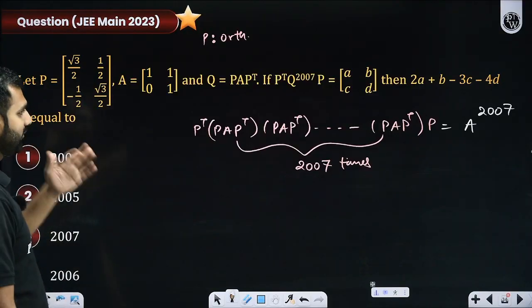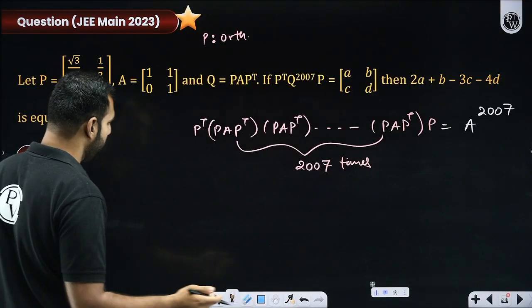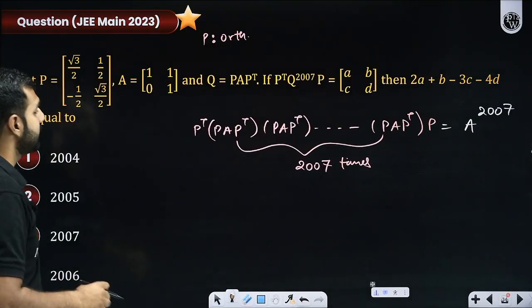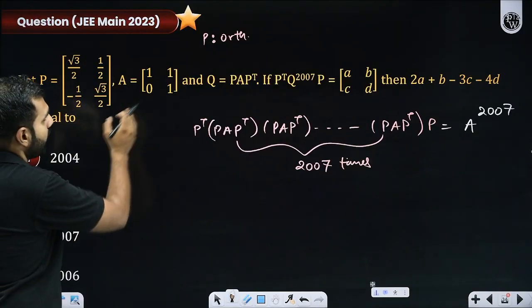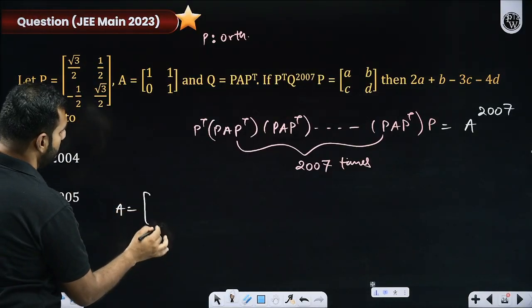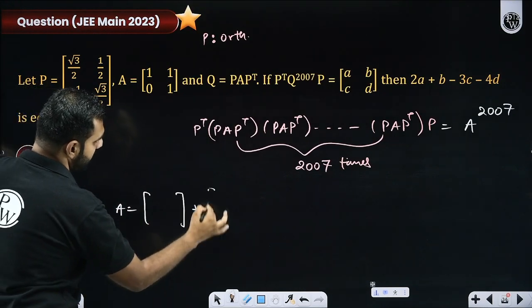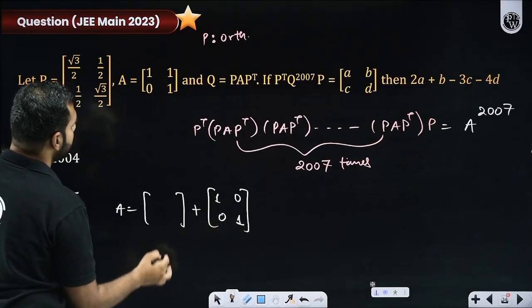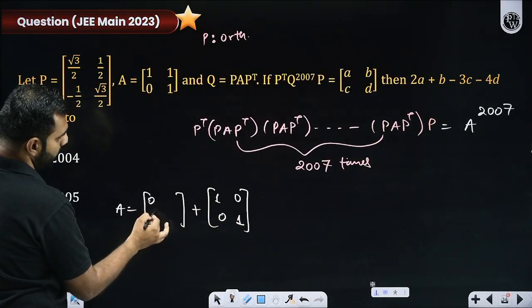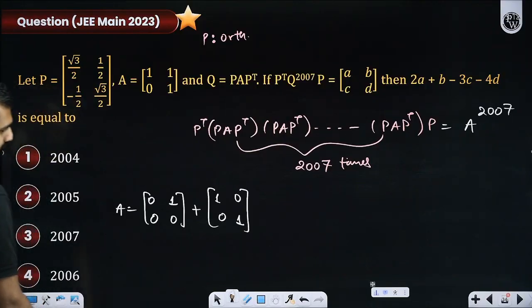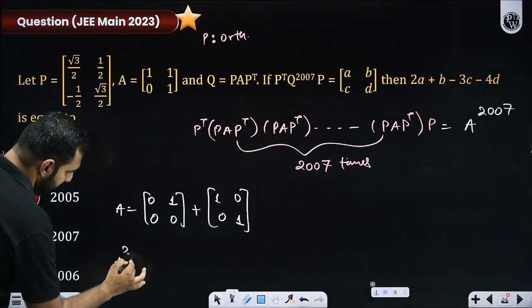If I want to have this, I think I can generalize it with a lot of multiple results. So I'm just using one of the methods here. Let me write the matrix polynomial for A, or rather A as a sum of two matrices, M plus I. What is I? Sir, I is 1, 0, 0, 1. So what is M? It will be 0, 1, 0, 0. Yes or no? Now, can you help me in cracking A square?